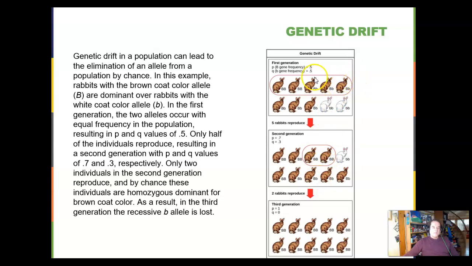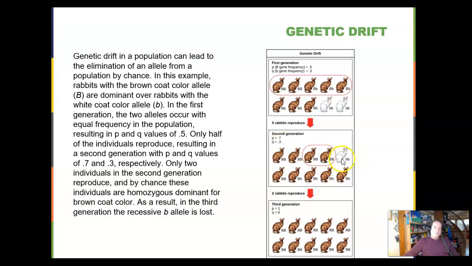So right here we've got a small population of brown rabbits, a couple of white rabbits right here. Only 5 of these rabbits reproduce. All right, and notice the genotypes, homozygous for brown, heterozygotes over here. So we create a new population of rabbits right here. Originally, in this first population, the allele frequency was 0.5 to 0.5, the number of copies of dominant versus recessive allele right here, or first allele versus second allele. We only took a sample of 5 of them, just randomly picked them and had them reproduce, and notice the